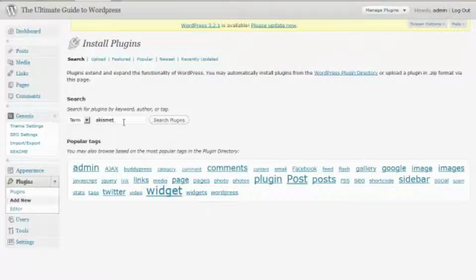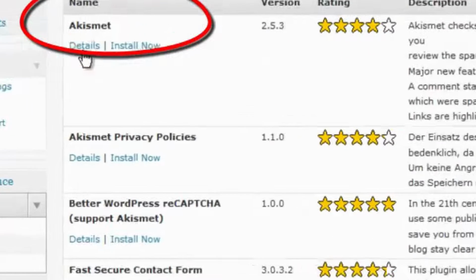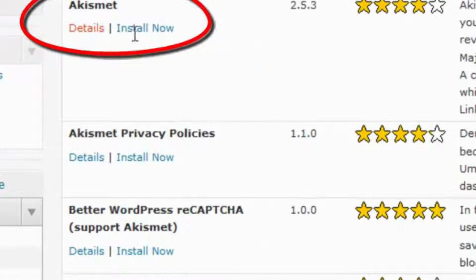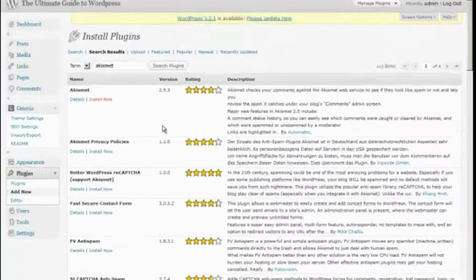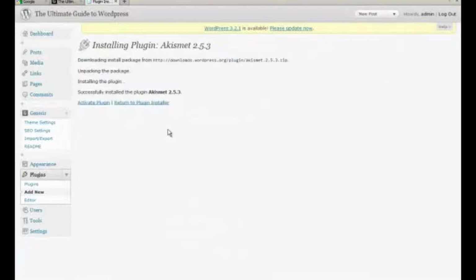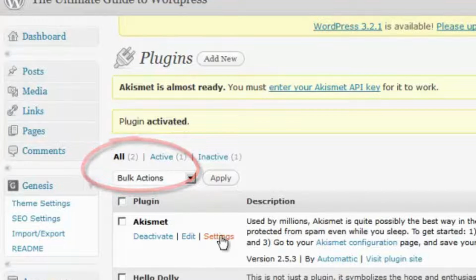So type in that search term, so then you search plugins, and you find it here. You have two options. One is details, which will tell you more about it, or you can just install now. Install now and click on OK. Then you activate the plugin, and then you go to settings,